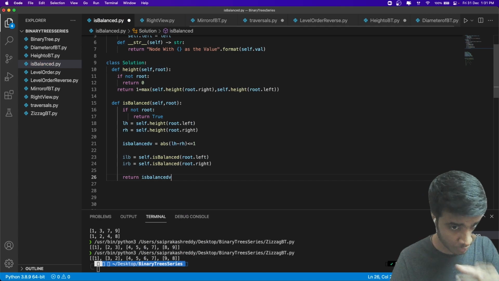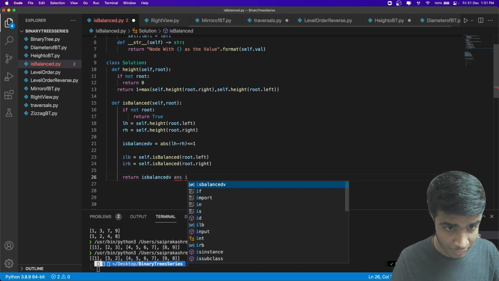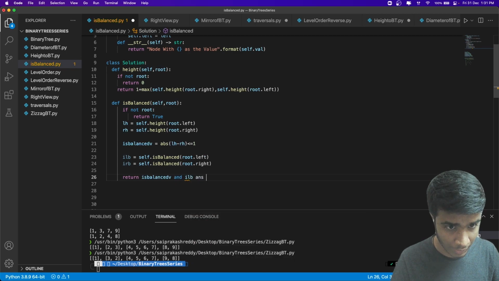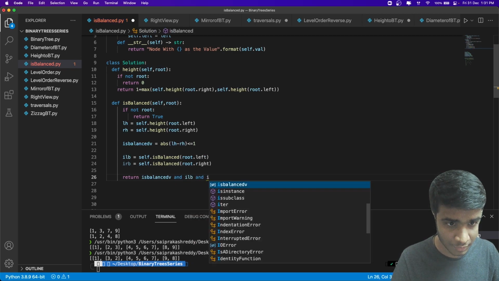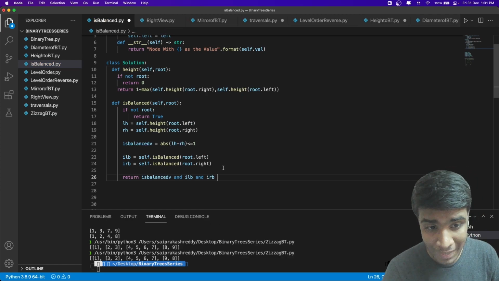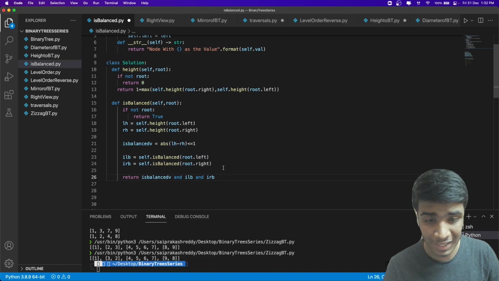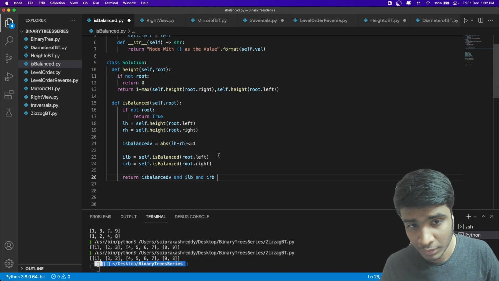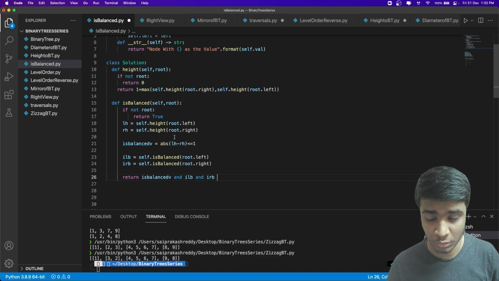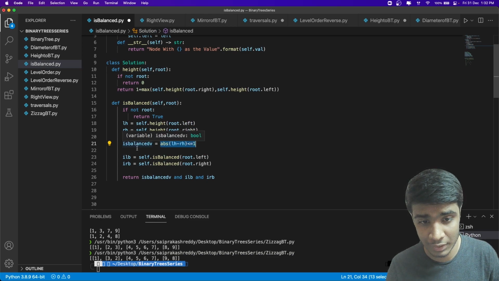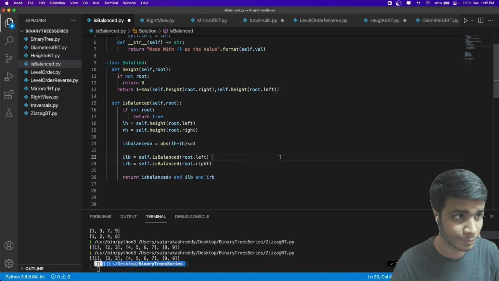So if my current node is balanced, and my left is balanced, and my right is balanced, then everything is balanced and I can say that my entire tree is balanced. If at least one is failing, then the entire thing is failing. So where do I get the failing condition? Here. If this returns false, then the current node is false, and this will be propagated through the entire tree.